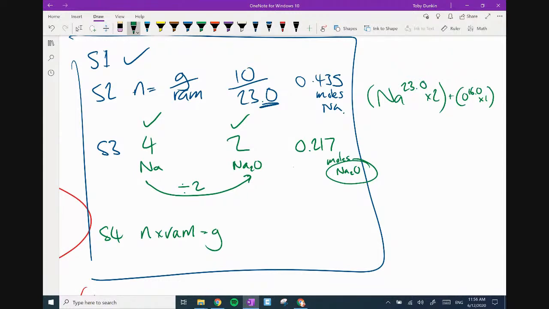23 plus 16 gives me 62.0. 62.0 is worth a mark. Right, that goes down here, 62.0. I'm now going to have to run this calculation again, all the way through, in fact. 10 divided by 23 gives me that moles. Divide that by 2 gets me that moles. Times by, right now I've got that number,